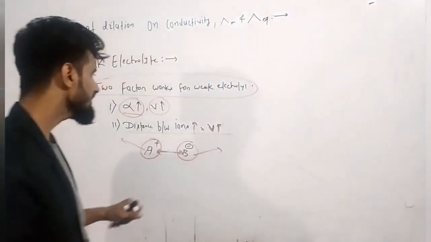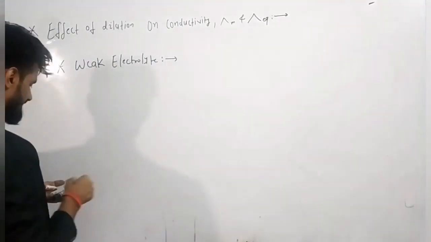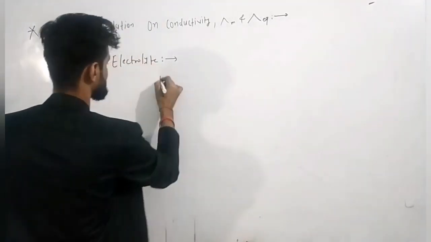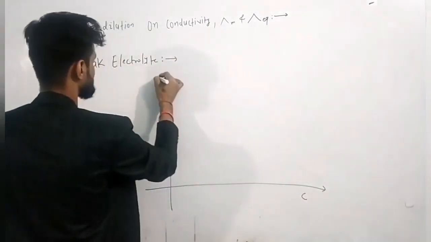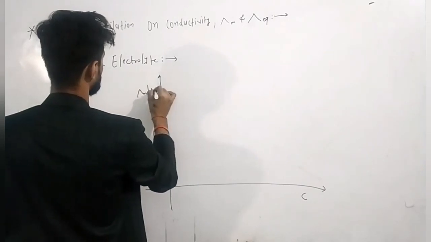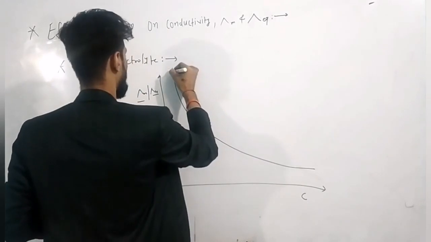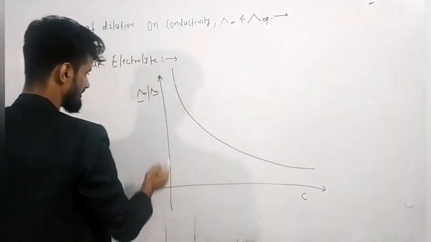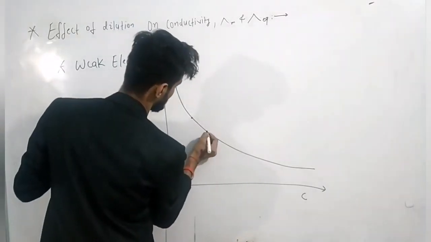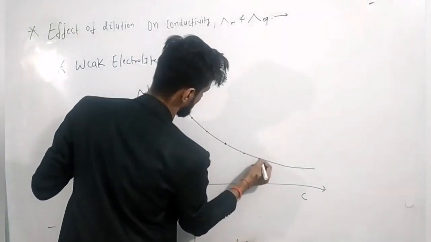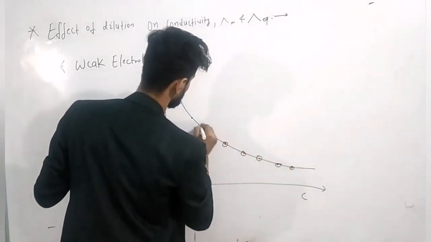Now how do we calculate these things empirically? I am going to show you the graph. In the case of strong electrolyte, we have seen a graph of a straight line. But if you see concentration versus kappa molar or kappa equivalent, this graph is a rectangular hyperbola, and it becomes asymptotic to the kappa molar or kappa equivalent axis. It becomes parallel to the y-axis, and on the y-axis we have taken the value of kappa molar and kappa equivalent. So here it is not going to cut the y-axis.